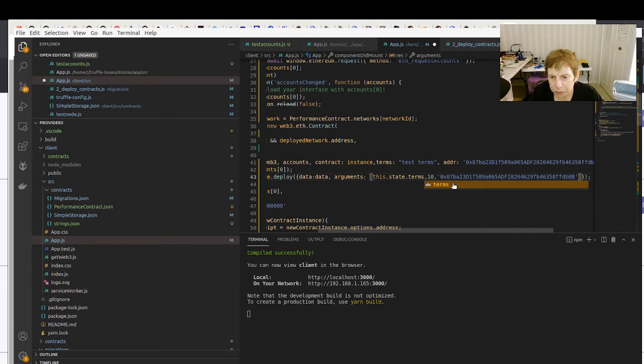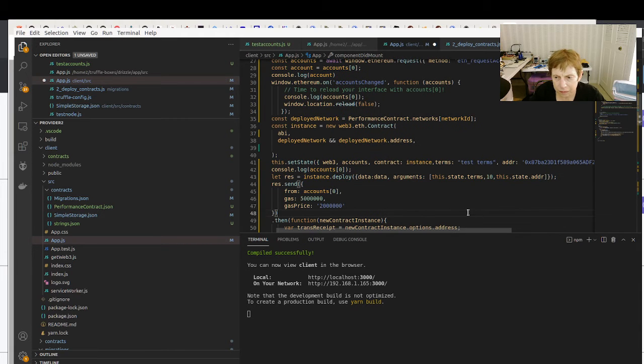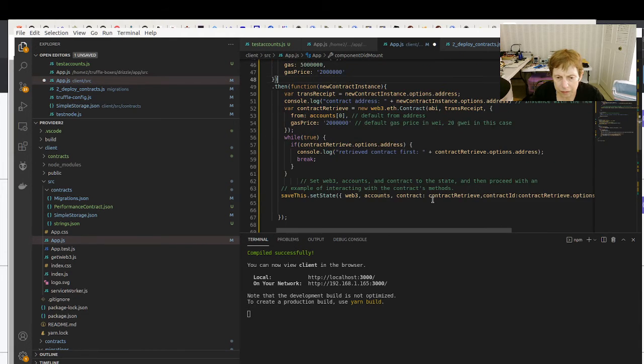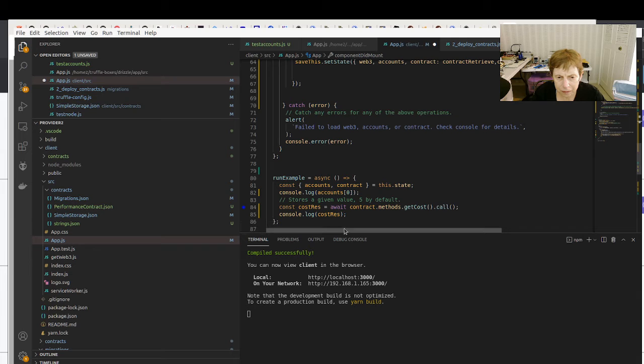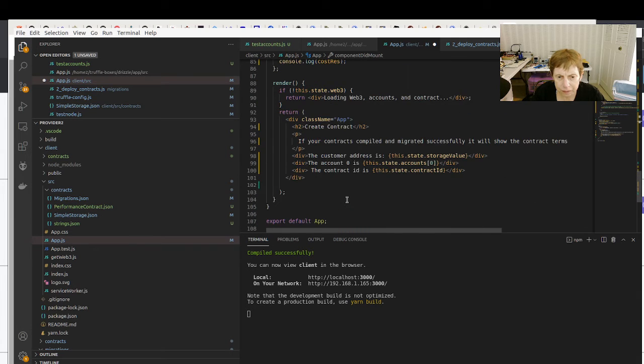And this should be this dot state dot ADR. And then here we can say in the render,